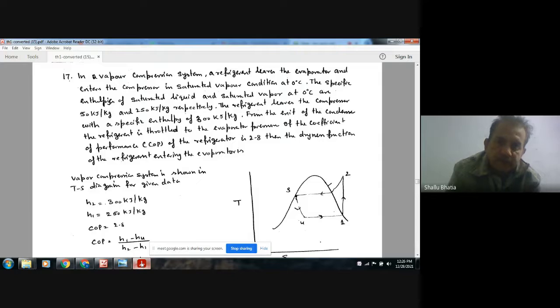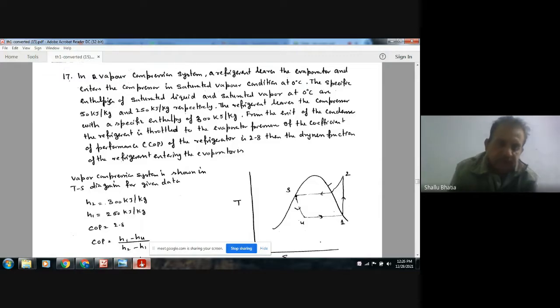The refrigerant leaves the compressor with a specific enthalpy of 300 kilojoule per kilogram. From the exit of condenser, the refrigerant is throttled to the evaporator pressure. If the coefficient of performance COP of the refrigerator is 2.8, then the dryness fraction of the refrigerant